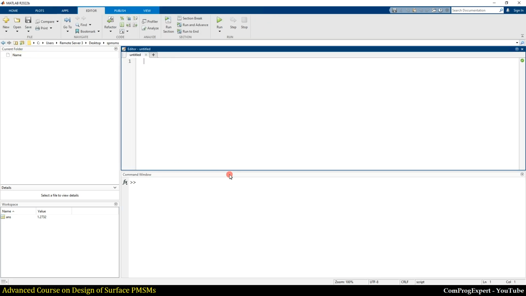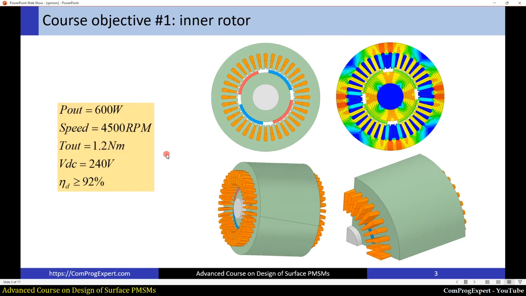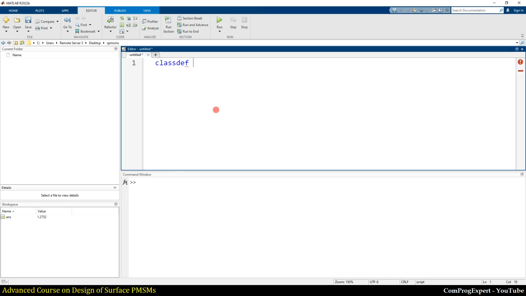So generate a new script, classdef, the first class, that is an object for design of this motor, the inner rotor surface PMSM. So surface PMSM 1.